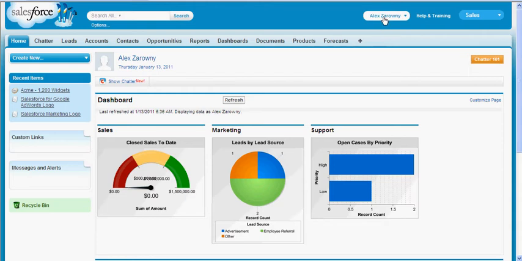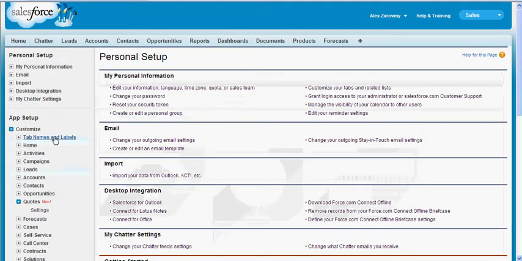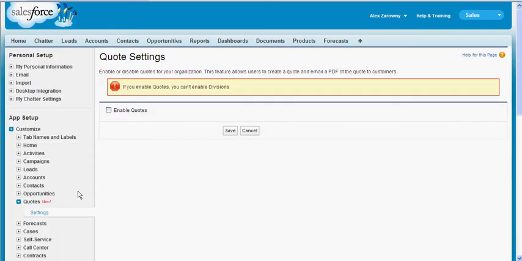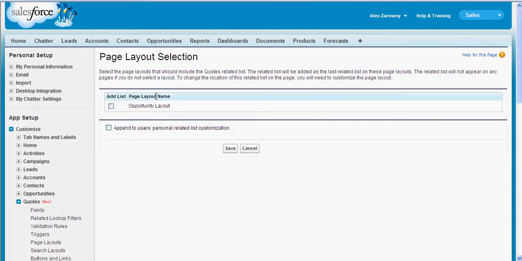In order to do so, I'm going to go into my setup area. And under Customize, I can see Quotes with a new next to it. So before I can use them, I need to set it up. I hit Settings, and I just simply click Enable Quotes and hit Save. Now that that is done, I can add this to my opportunity page layout, and my quote section will now